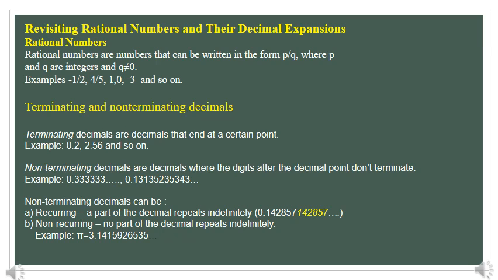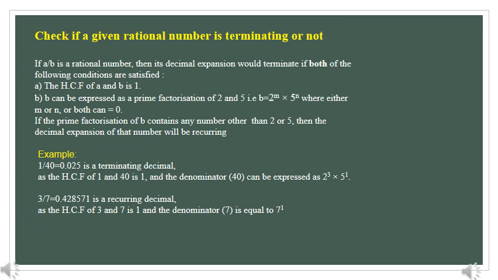Rational numbers are further categorized into two types, that is terminating and non-terminating. When we divide a rational number and get a remainder of 0, that is terminating. But when we don't get a 0 remainder and the quotient continues indefinitely, then we consider that rational number a non-terminating decimal.